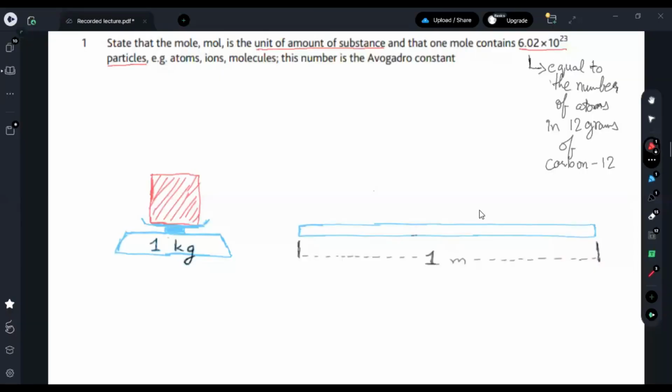Similarly, when the scientists set out to define length, we are assuming that they took a random wooden stick and measured it. Whatever the measurement came to, they defined that this would be called 1 meter. When they kept this 1 meter as the standard, whatever rod is of that length, whether it be a wooden rod, a steel rod, or an iron rod, if the length is equivalent to this one, that would be called 1 meter, because that was now kept as the standard